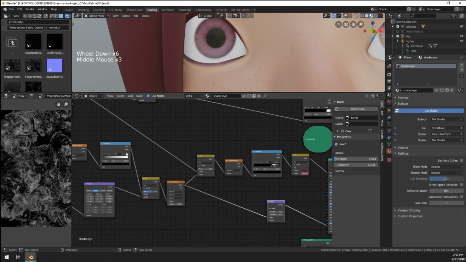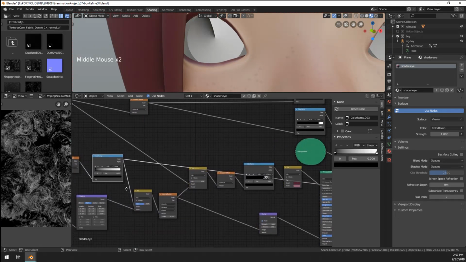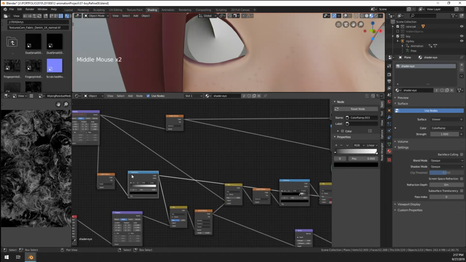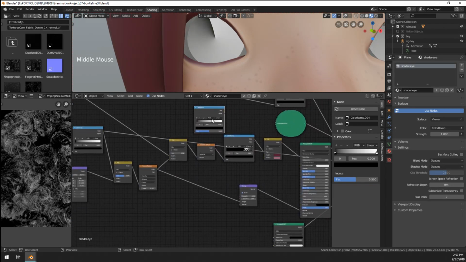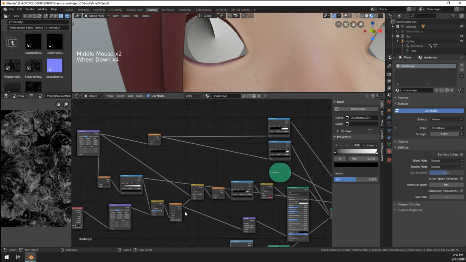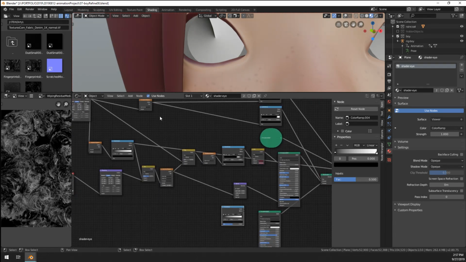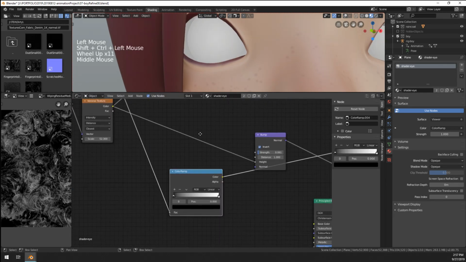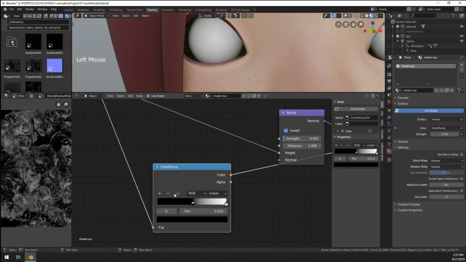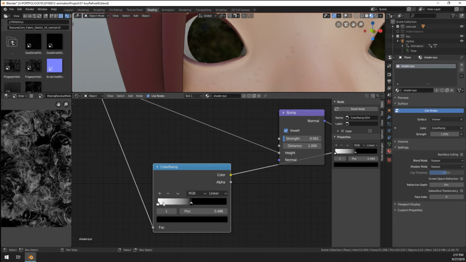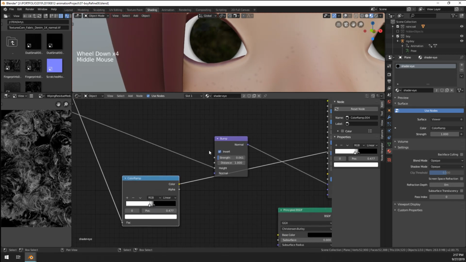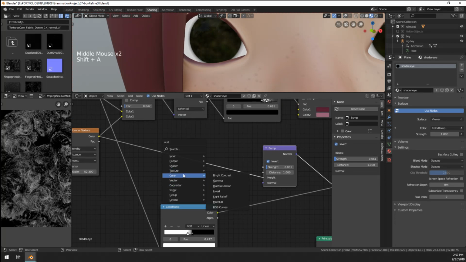Maybe we're gonna add one more thing to the bump here, and that's actually just the gradient texture. I'm gonna put another color ramp here. So we're just gonna grab the gradient texture, just a normal one. There we go. Because what I want to do, I'm gonna flip. I kind of want to embed the iris a little bit more into the eyes. So I'm then gonna pick a color mix RGB, and then what we made with the